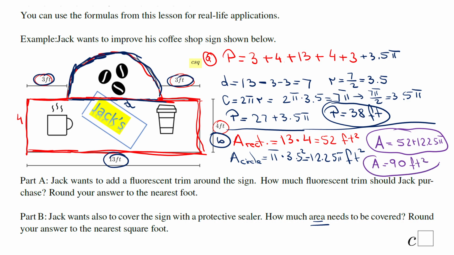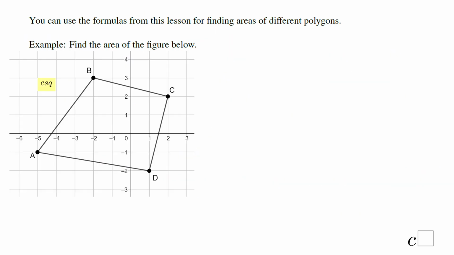Okay, this is the area that Jack needs to cover in this case. Okay. And my last example in this lesson is a very interesting one. We see here a polygon with 4 sides, and we need to find the area of the figure below, right? What is the area? So we don't really have a formula for this guy, and in fact, sometimes when you